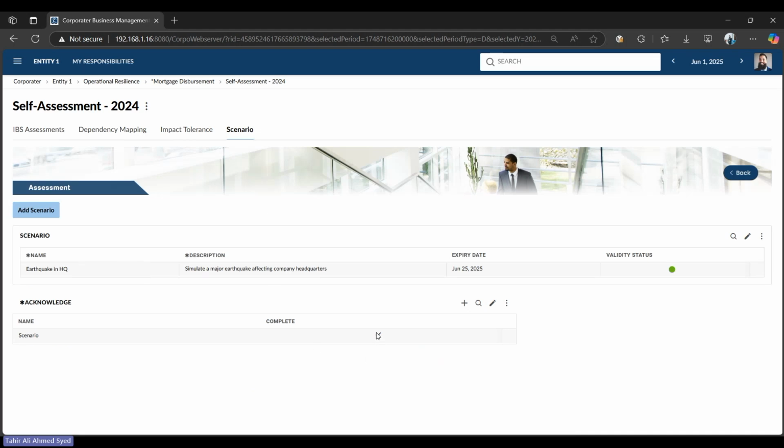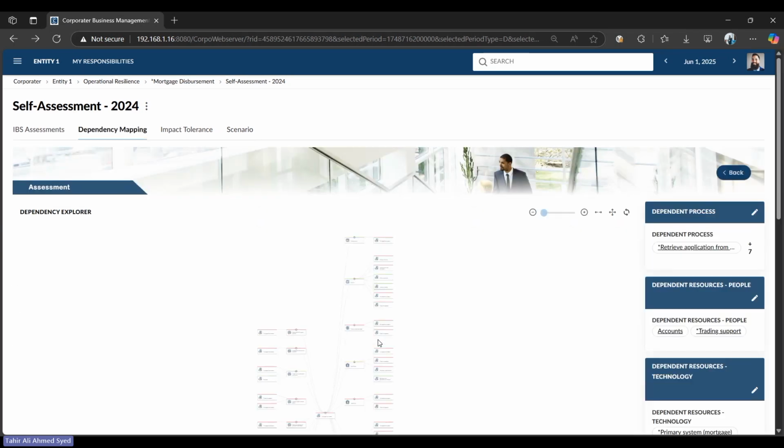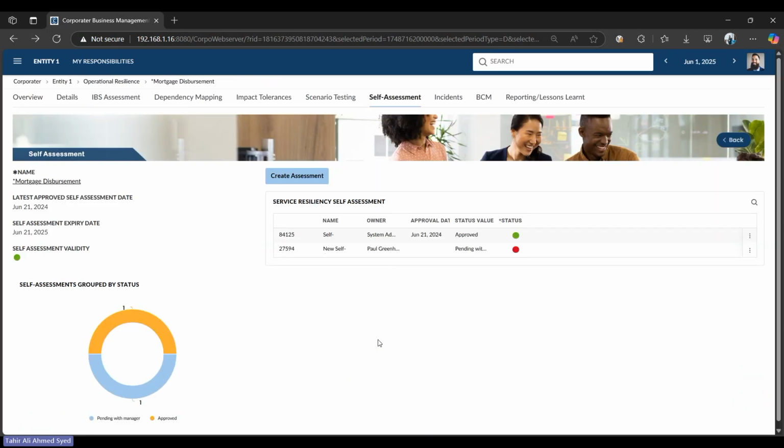And we get an acknowledgement from the service owner that this has been vetted and updated, so that we are not missing out important details and information as we go through the process of the service itself, right? Moving back to the screen, this completes the cycle for your resiliency, but